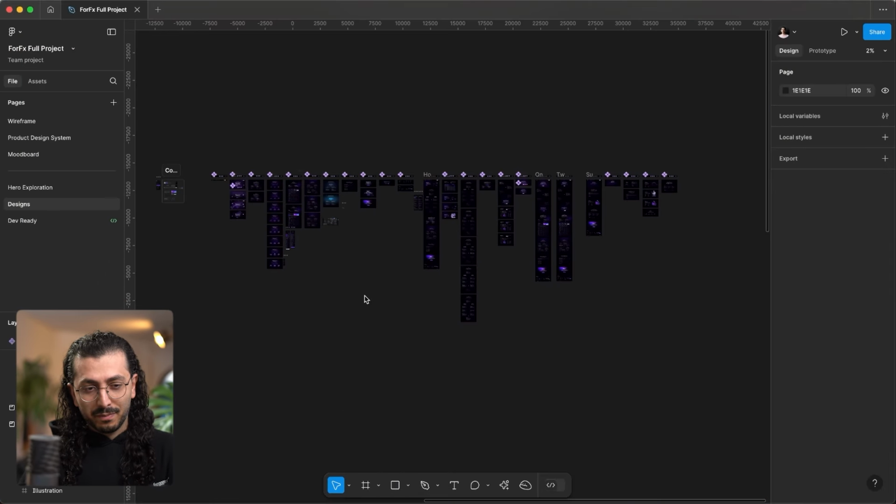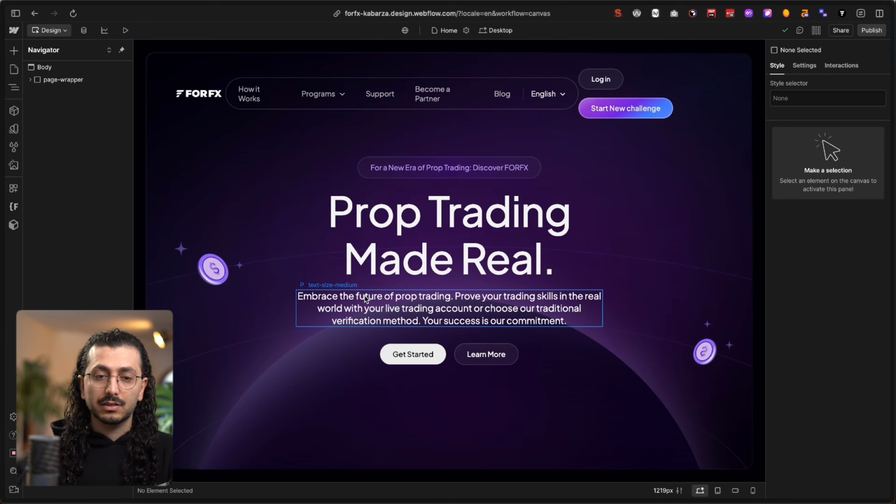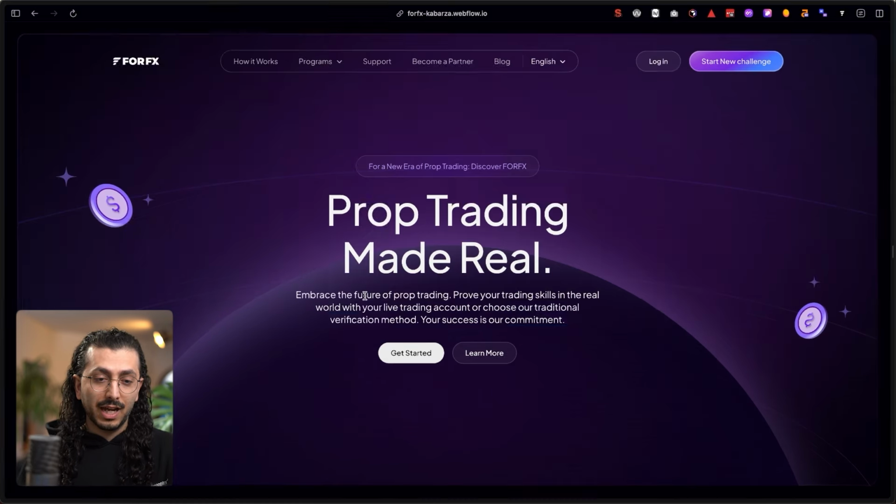This is our Figma design, but the question is, how did we get here? I'll show you every step until how we got here, and then every step after this, how did we develop the site in Webflow? What challenges we had, and how did we end up with this finished website with all these animations and interactions? It actually came from one of my Webflow students, somebody who took my course, but also